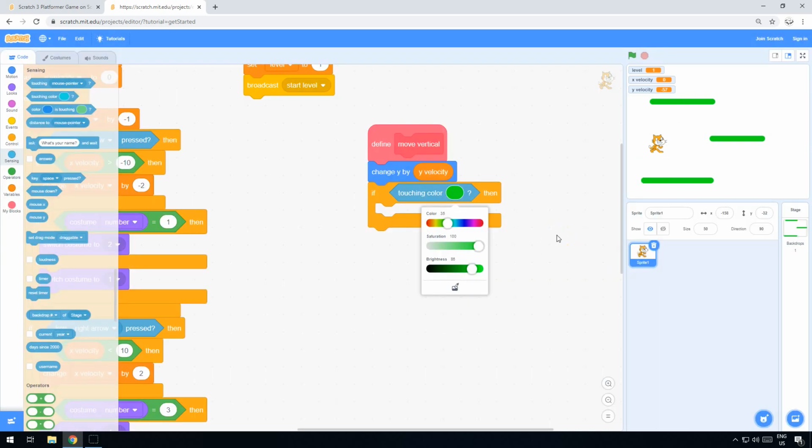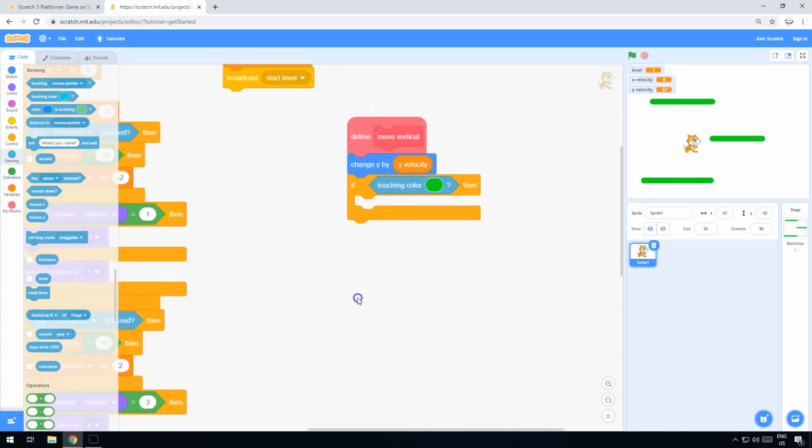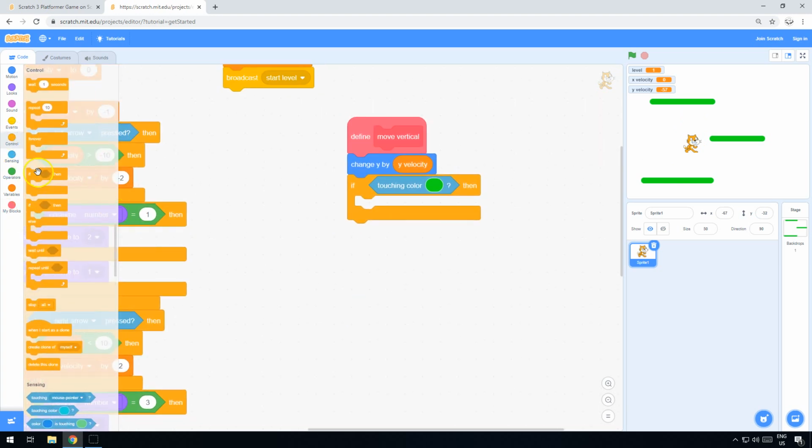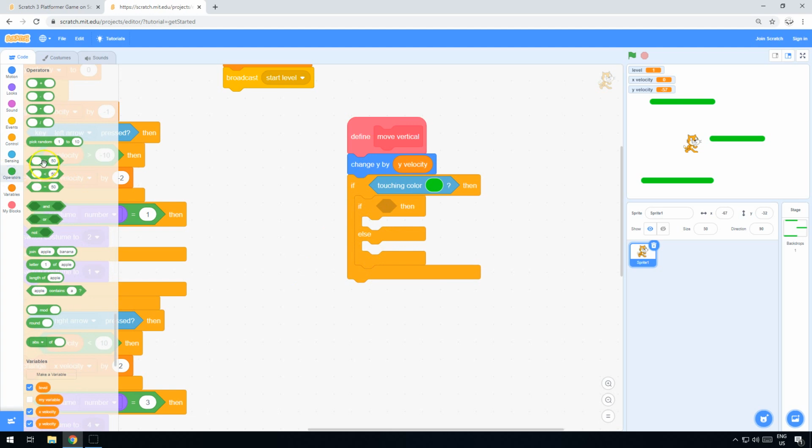If we're touching the colour green, we need to decide: if he's jumping, we need to stop him and make him go back down. If he's falling, we need to stop him and make him go back up. So how do we know if he's jumping? Well, if he's jumping, he's going upwards, which means his Y velocity must be a positive number, which we'll do in a minute when I show you how to make him jump with space. If he's falling, his Y velocity is going to be a negative number. So we just test to see which one that is. We'll do an if else. If his Y velocity is greater than 0,